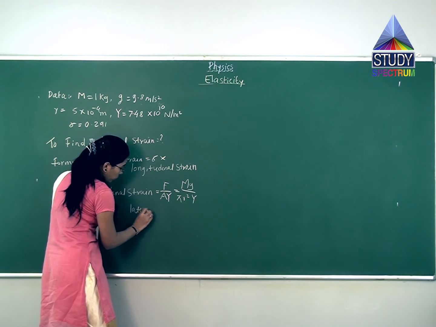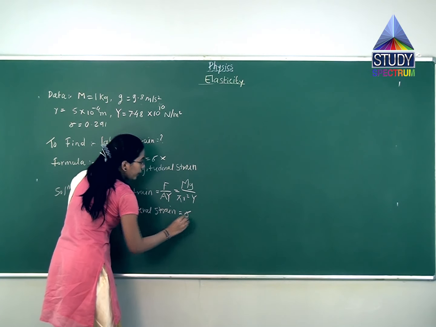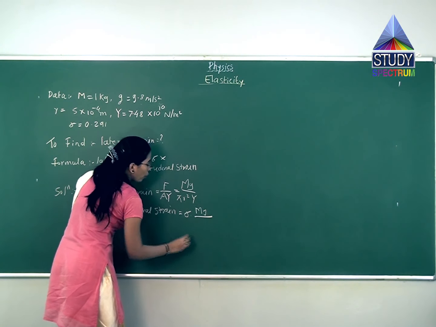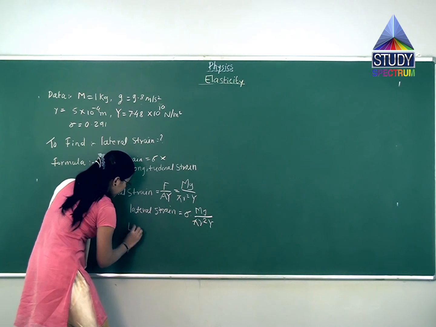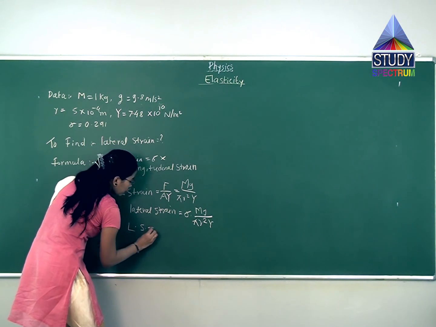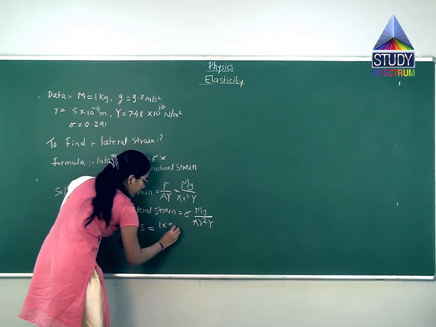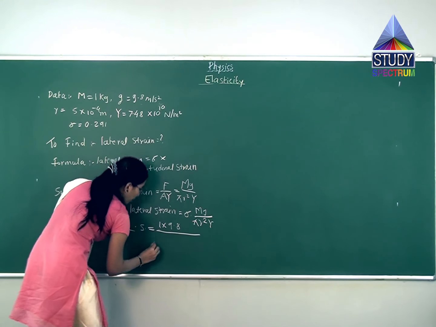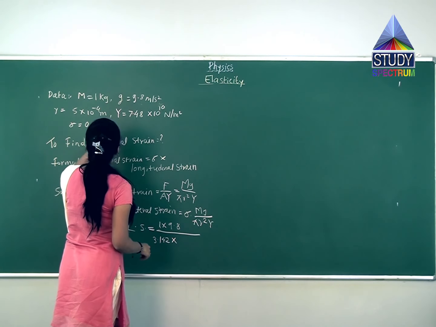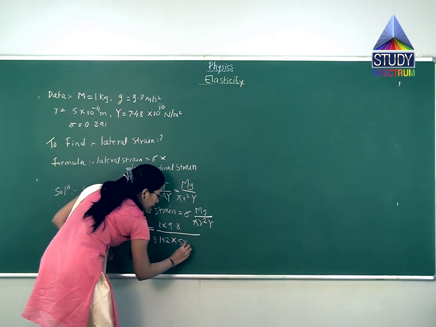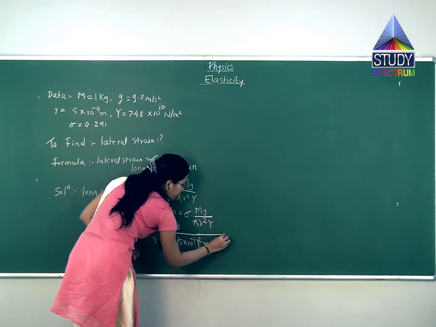Lateral strain is sigma into mg upon pi r square into Y. So I'm writing in short form just LS, that is lateral strain here. So let us substitute the value. Mass is 1, G is 9.8 upon pi is 3.142 into r square, that is square of radius, which is 5 into 10 raised to minus 4 square into the value of Y, which is given